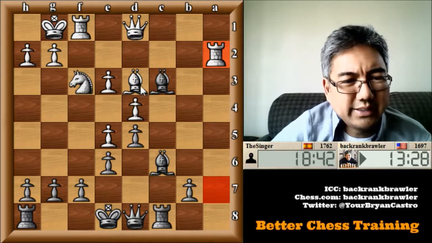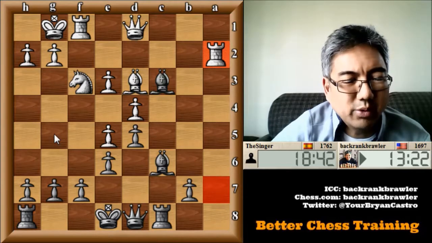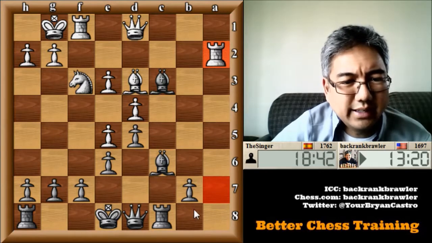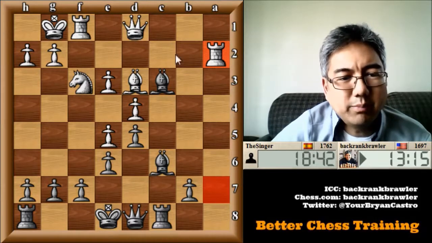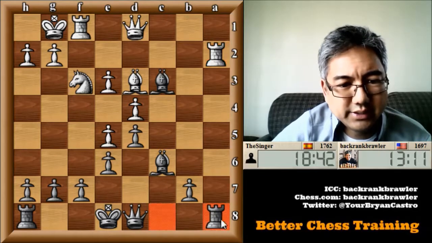The only problem with my play is that even though he's a pawn down, he's got this bishop coming in here, this knight potentially coming here, although I have it covered at the moment. And so I need to find a way to activate my other pieces. Okay, and probably on the queen side. So I think I'm going to go contest this